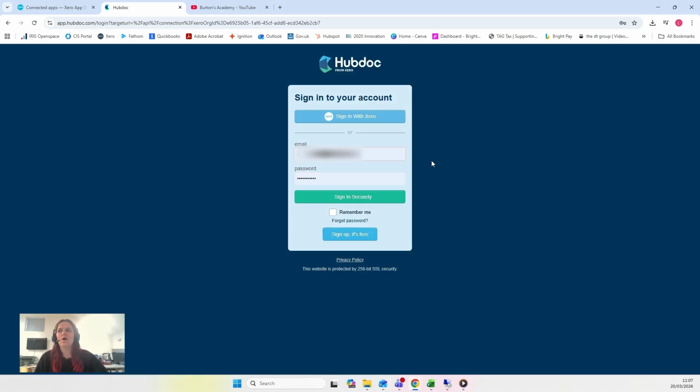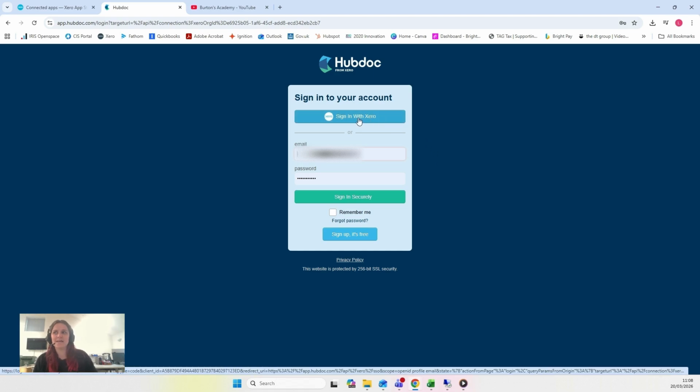So we click on I already have an account, and then what it asks us to do is either sign into Hubdoc with our email address, or we can sign into Hubdoc using our Xero account. I typically use the Xero connection because then I know the two are connected, but it doesn't really matter because our practice email address is the same whether I sign in with Xero or sign in with Hubdoc separately. So I'm going to click on sign in with Xero,